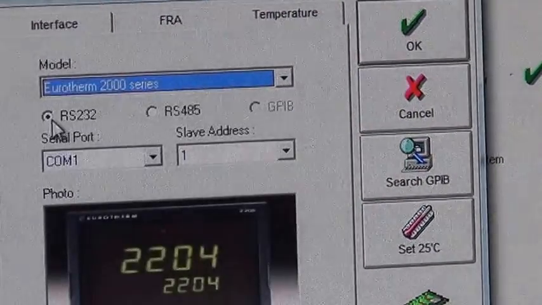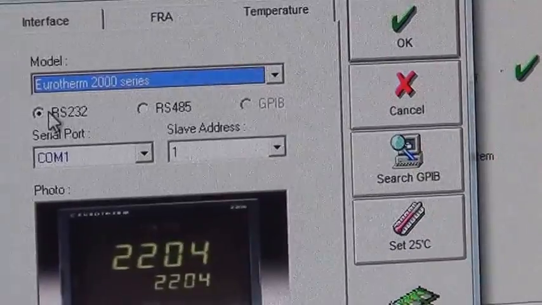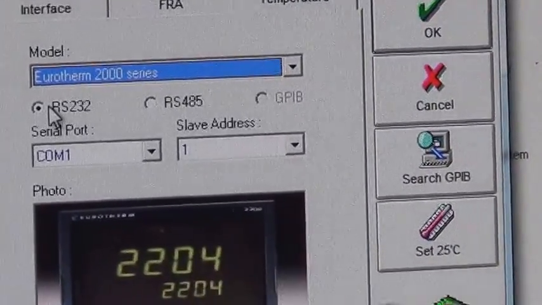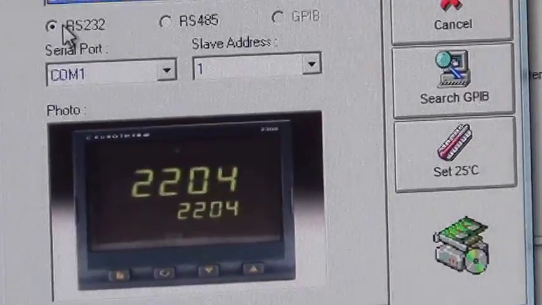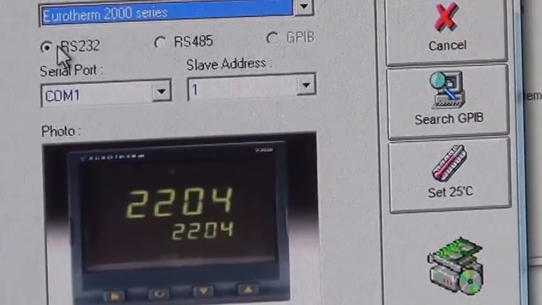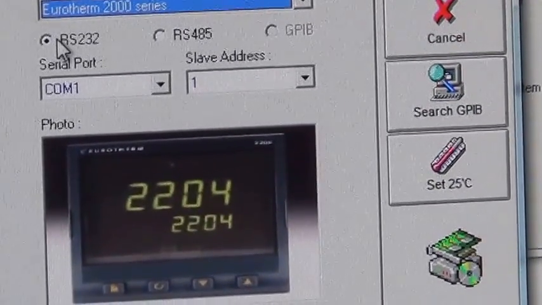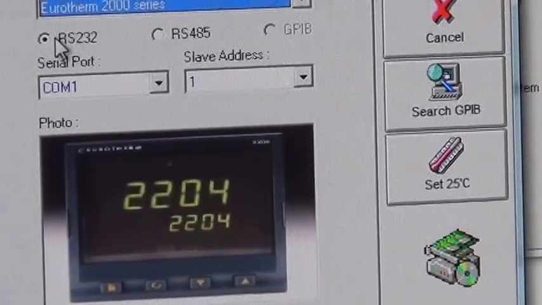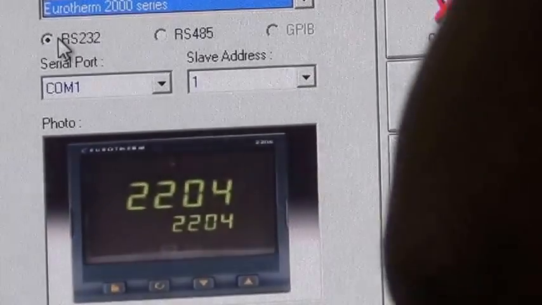Once you do this, I can set it to RS232 communication. What type of Eurotherm 2000 series? The 2216E, one model is there. The 2216E has all the facilities, like you can do all the programming, everything can be done from there. That will be inbuilt, and I think another order is also supplying with that.